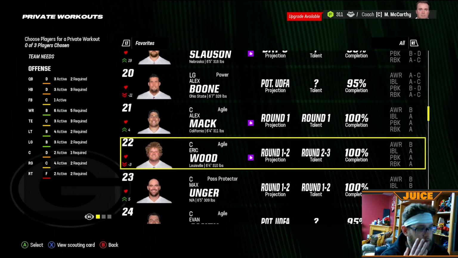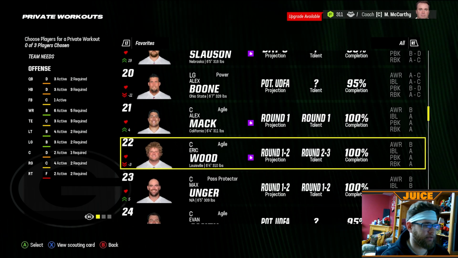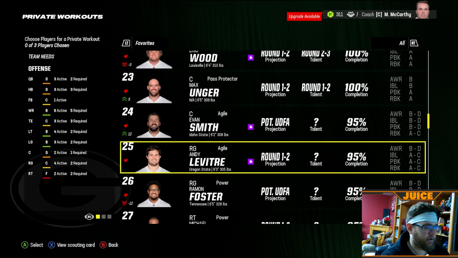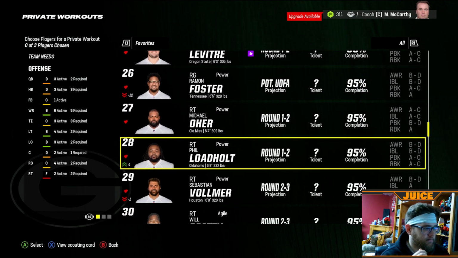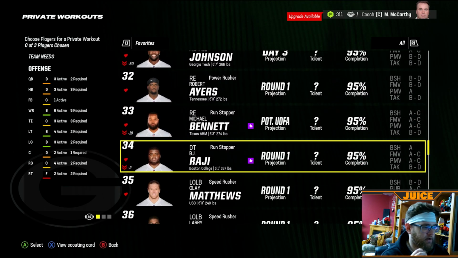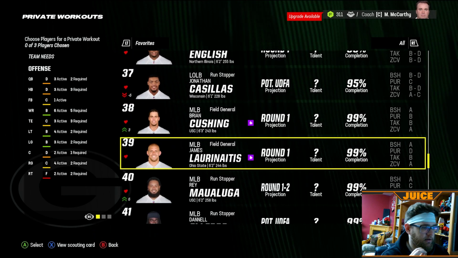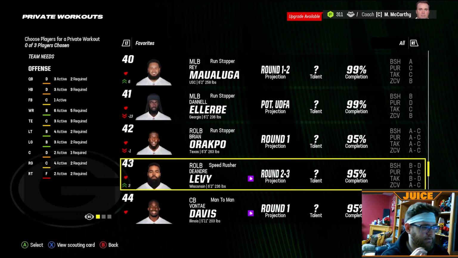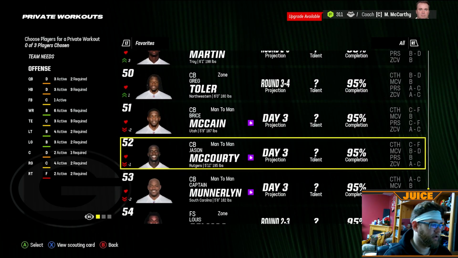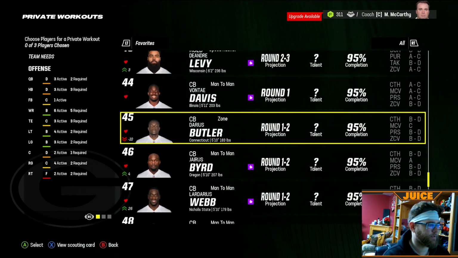So we know 100% on the centers. So Alex Mack is round 1, Eric Wood is round 2 to 3, and Max Unger is round 1 to 2. Okay. Tickle me intrigued. We've got... who are we going to use the rest of this on? I don't know. I don't know who we're going to use the rest of this on. We could use it on...